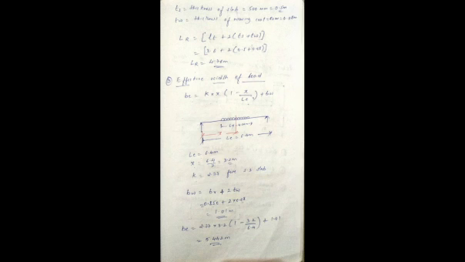TS, thickness of slab, is 500 mm, that is 0.5 meter. Thickness of wearing coat is 80 mm, that is 0.08 meter. I am converting everything into meter. So the effective length of road LR we are getting as 4.76 meter. You can see here I have just substituted the values of TS and TW. After calculating it, I am getting the effective length of road as 4.76 meter.